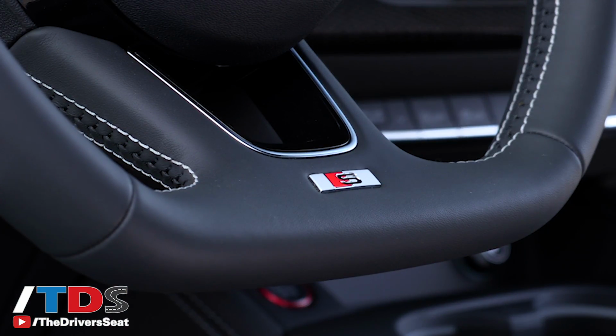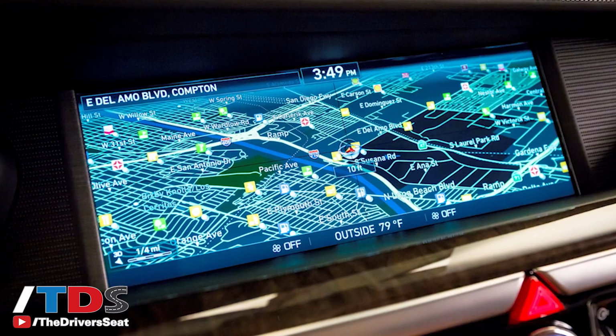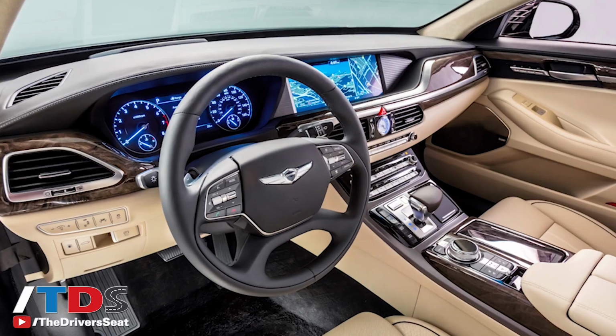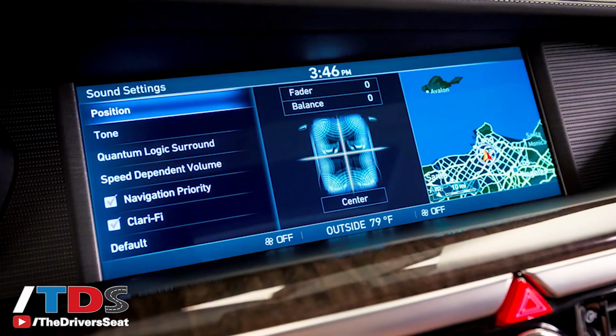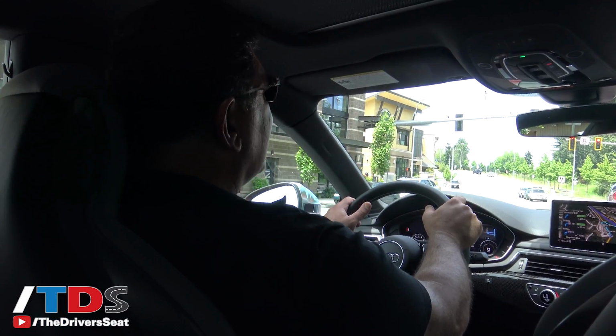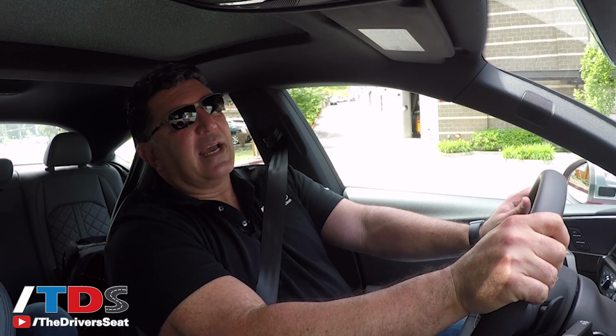Now you're getting up into, okay, maybe not a true competitor. I'm going to say it, Genesis G90. That loaded out is about the same price as this loaded out, and that's much more of a car. I realize people aren't going to cross-shop those, but just important to put it into perspective just how expensive this car can get. Now, you can get a nice S5 for around $60,000, and that would be the way to